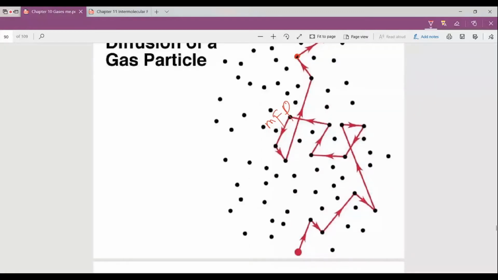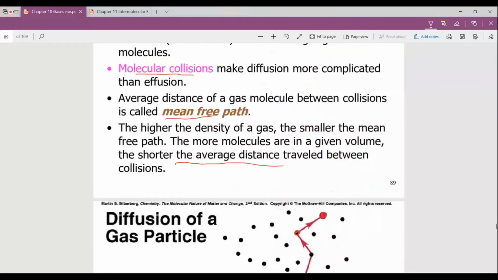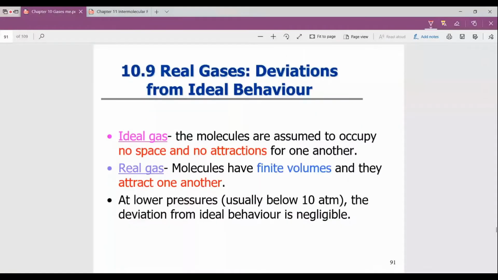Okay, there's the diffusion. Now, the deviations from ideal behavior. As we know, under ordinary conditions, most gases do behave ideally, because for an ideal gas, the molecules are assumed to occupy no space and have no attractions for one another. But real gases have a finite volume, and they attract one another. That's why at first I told you the real gas and ideal gas are not the same. So you cannot use the same formula, PV equals nRT, because the pressure and volume are well described in the